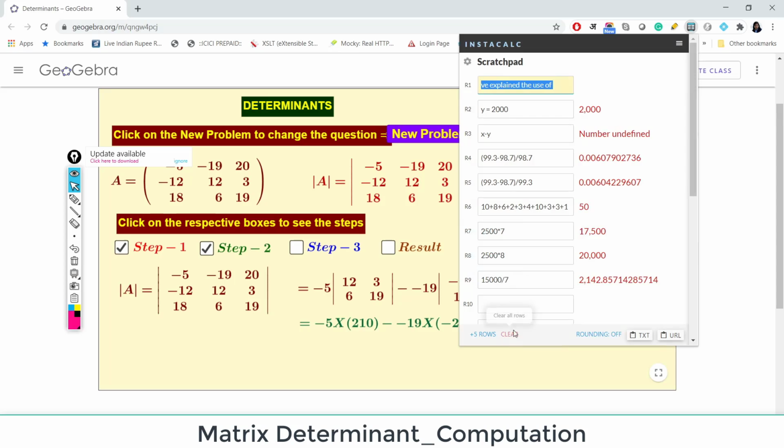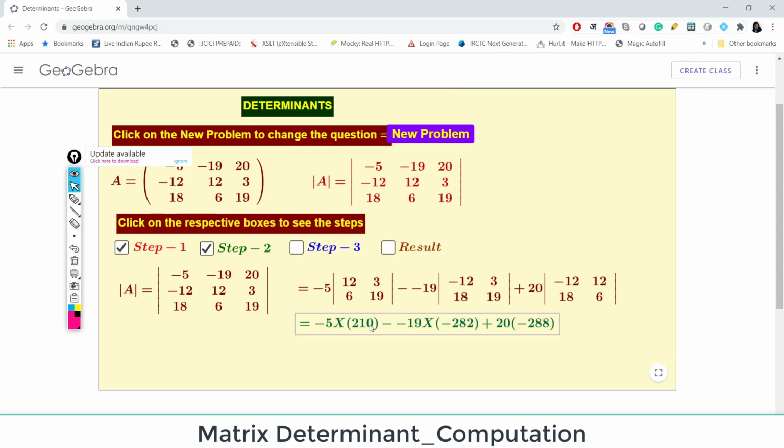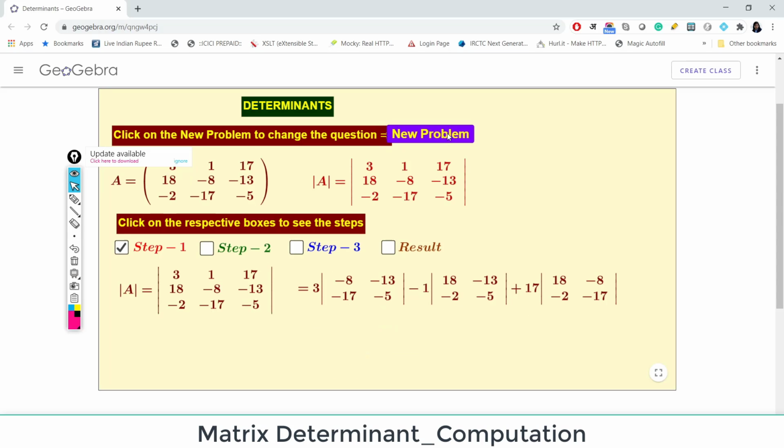If you want, you can quickly verify this calculation as well. I have an instant calculator here. So let me show you. If I do 12 into 19 minus 3 into 6, that is 18. For the first step, this is 210 which we are getting here, right? So you can verify this calculation, it is 210. And let me click on the third step. It is just the computation. 5 multiplied by 210 is 1050 and so on. And finally the result is this. So you can practice with newer problems by using another problem, look at all the steps, and verify your results.